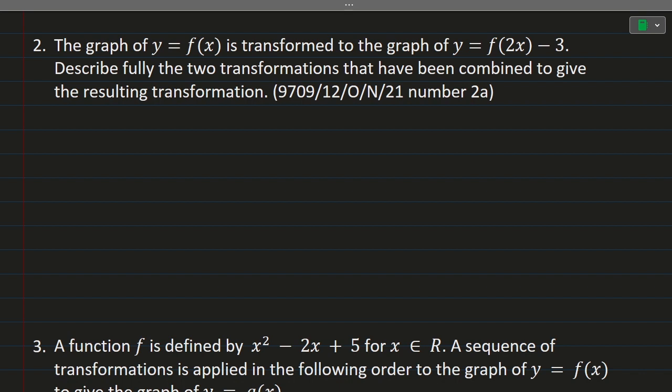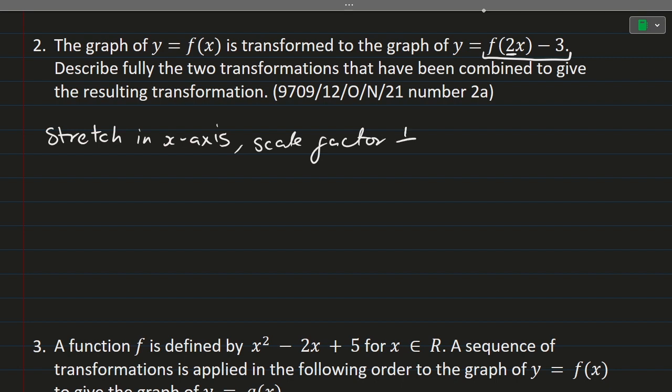The graph of y equals f of x is transformed to the graph of y is equal to f of 2x minus 3. Describe fully the two transformations that have been combined to give the resulting transformation. So this 2 here is a stretch in the x-axis, and it has a scale factor of